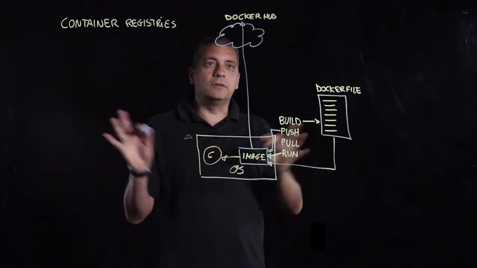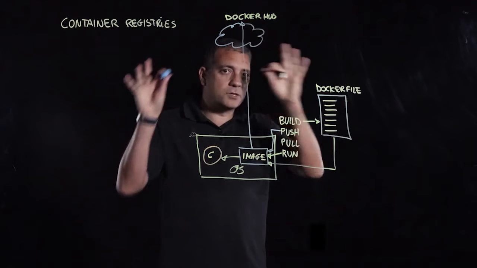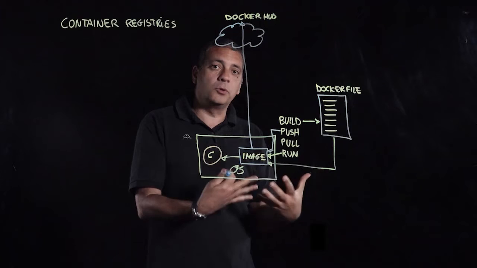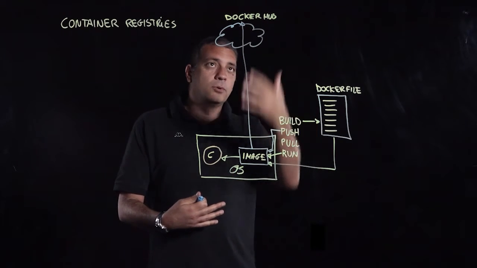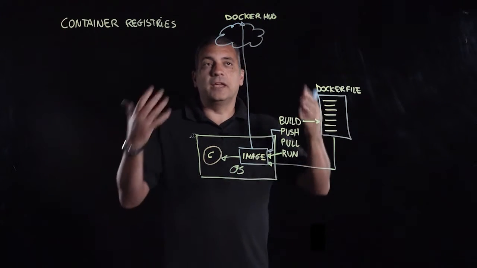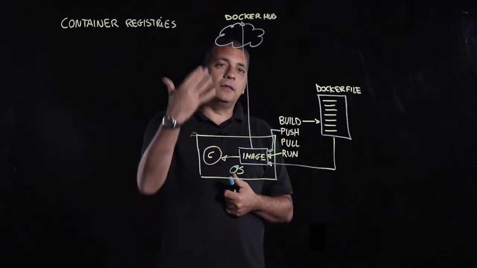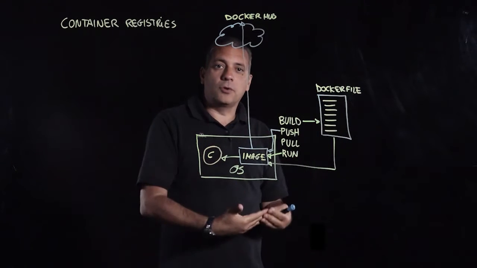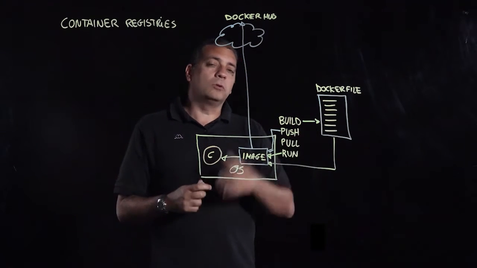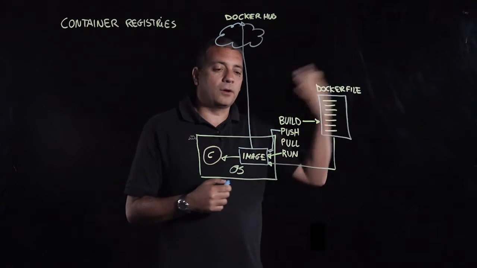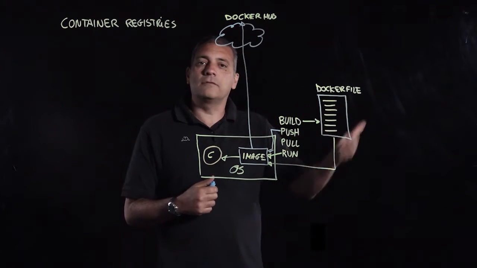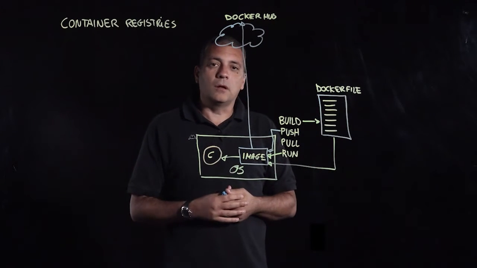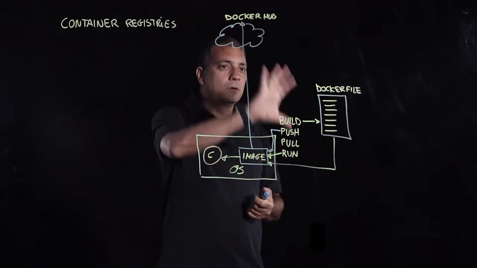I'm going to hide some of the details of how this works and the naming convention and everything. Suffice to say that once you produce an image, it's very easy to push and share it with anybody else that is connected to the internet. At this point, if someone else would like to use your image, they can just pull that image off of Docker Hub and they're ready to go, without obviously having to go through the build process, which is something that you have to do as the owner of the application. This works beautifully,